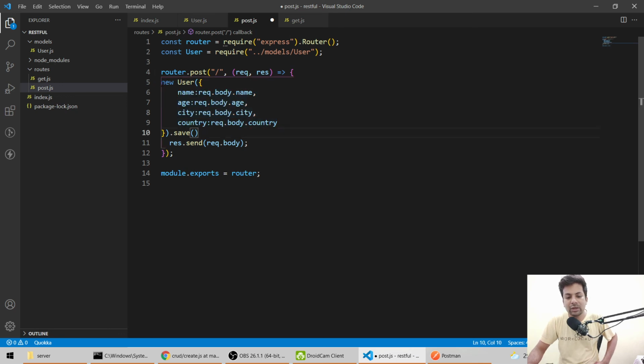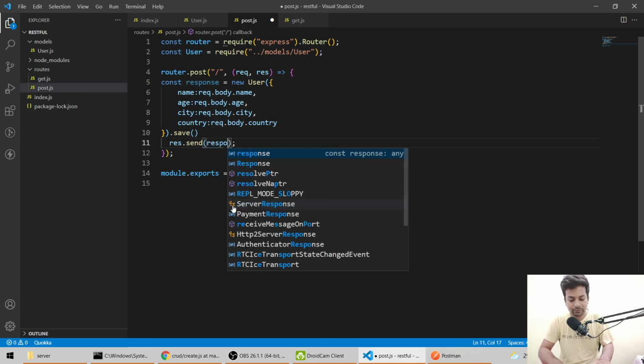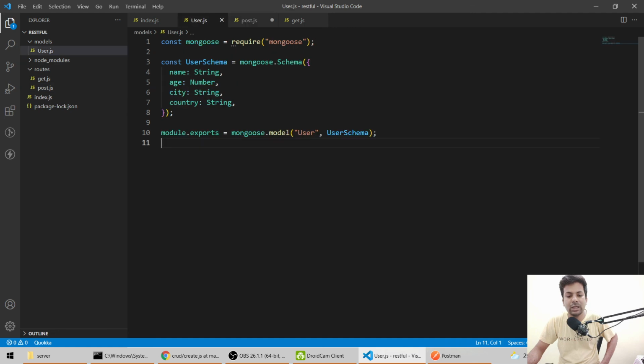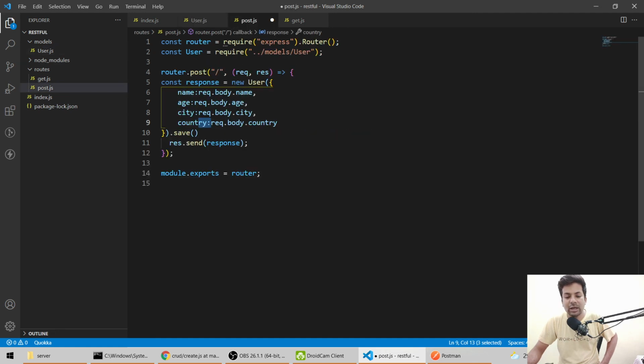And what we'll do, we'll send back this data. So we'll say const response. Response means whatever data will be saved, it will give us a response that the data has been saved, and we'll send that response here. So we'll send the data, it will create a new user, and we'll send the name, then age, then city, then country, because our model looks like this: name, age, city, country, and everything will be in the body.